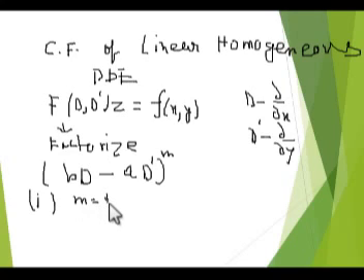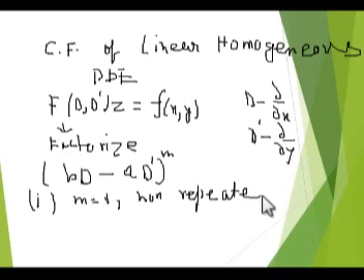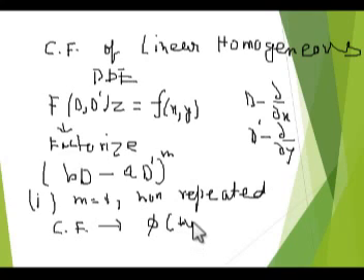and m is non-repeated, non-repeated means just occurring at once after factorization, then the solution, the complementary function, will be I by plus e,